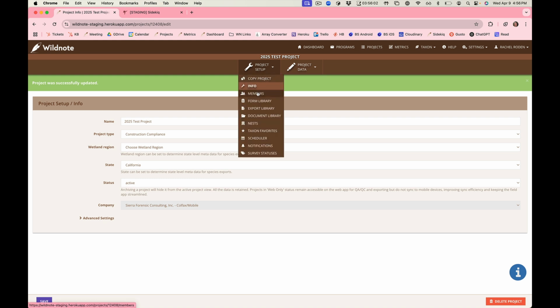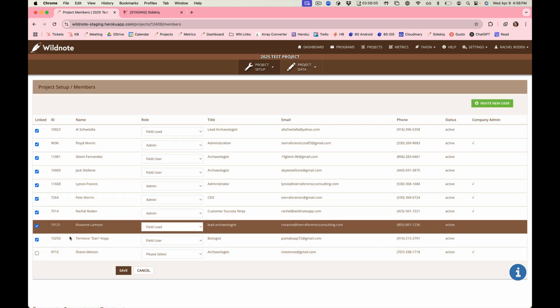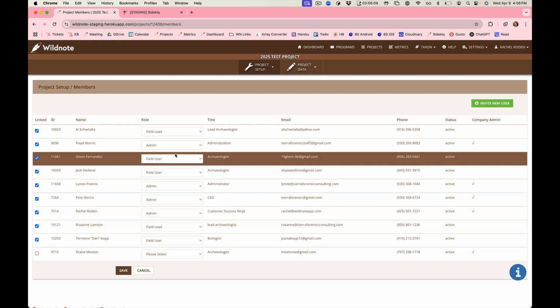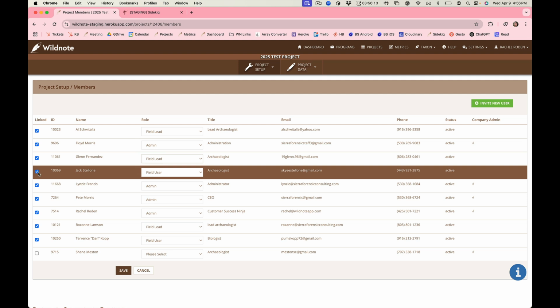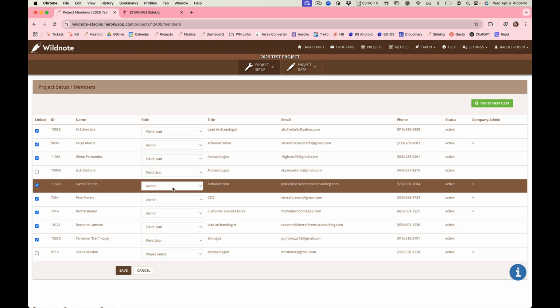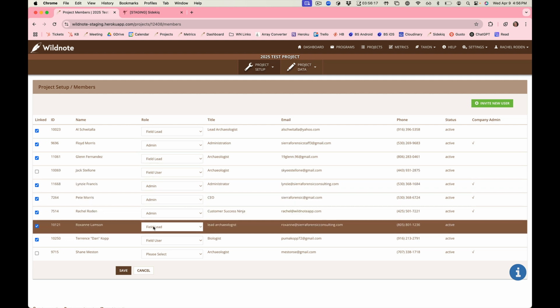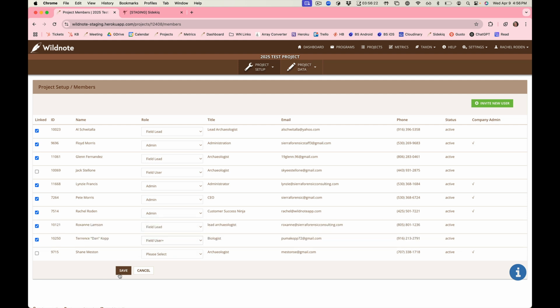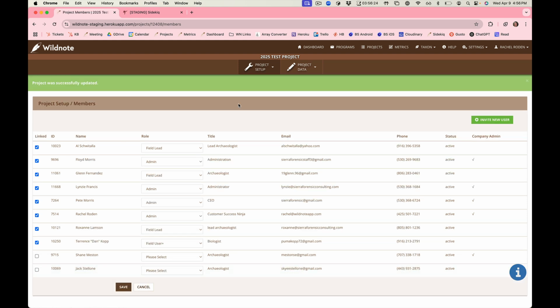And then the next thing they would do is go to their member list, and they will manage this a bit here and there. They might change the role on a couple people, like maybe he's a field lead now, maybe this guy is no longer working on the project, and maybe this one is also maybe field user plus this season or something like that. So I'll save that,